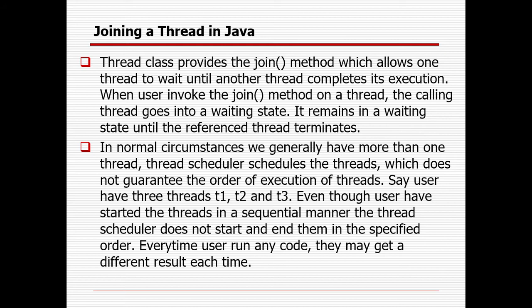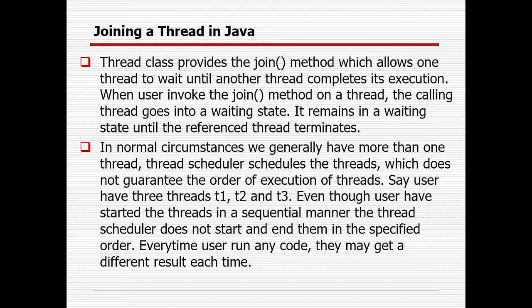So, in my previous session, you already saw how we can create a thread either with the help of the Thread class or with the help of the Runnable interface. And you already know how we can set a thread to daemon thread, how we can stop a thread, how we can check whether the thread is alive or not, how we can set and get the name of the thread, and set and get the priority of the thread. So in my previous two videos, you already learned about how to create a thread, the thread lifecycle, and other important methods available in the Thread class.